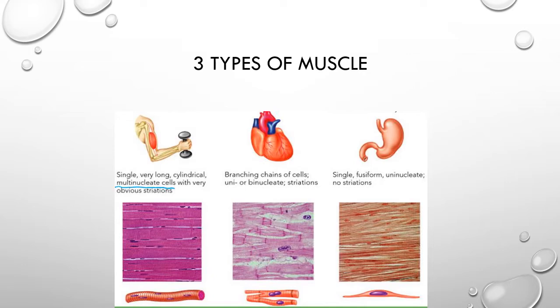So we have more than one nucleus per cell, upwards of 100 or so. Both skeletal muscle and cardiac muscle are striated. They both have striations to them. Cardiac muscle tends to branch, and so we see branches within the cells themselves. They don't just stay in a nice long cylinder like that of skeletal muscle. Smooth muscle looks nothing like the other two. There's no visible striations